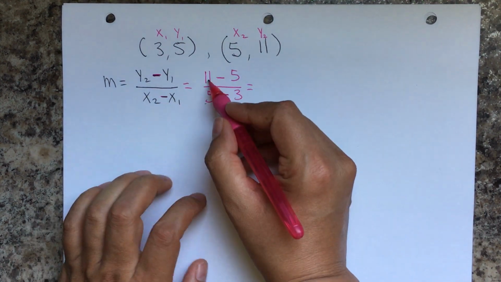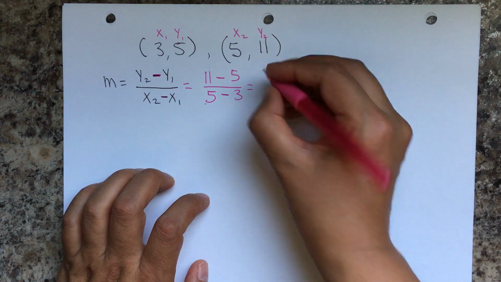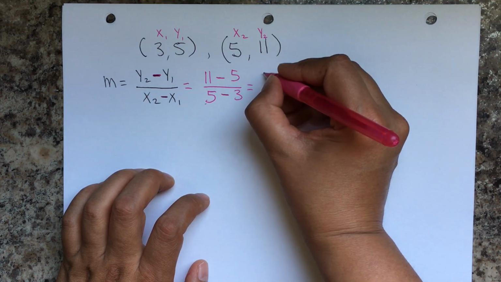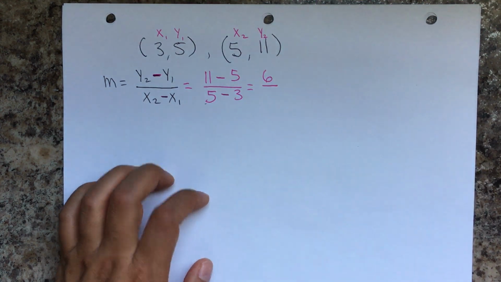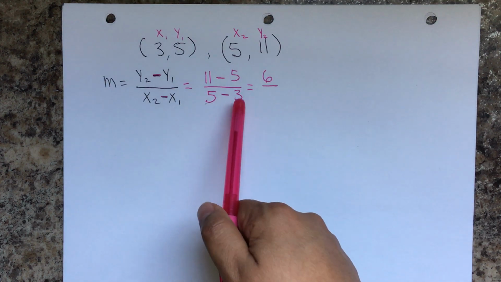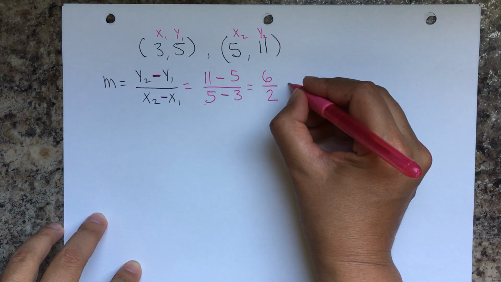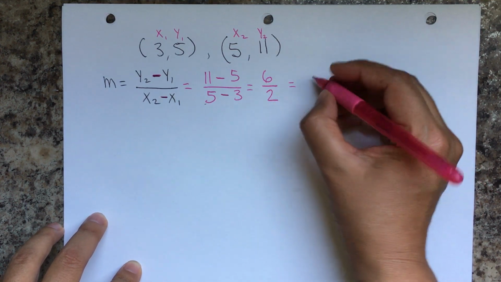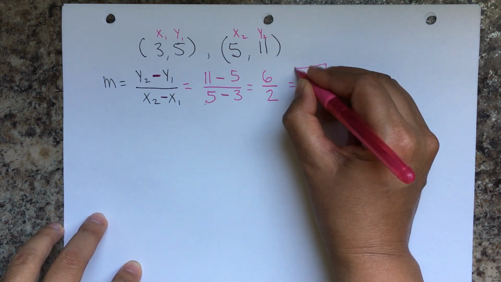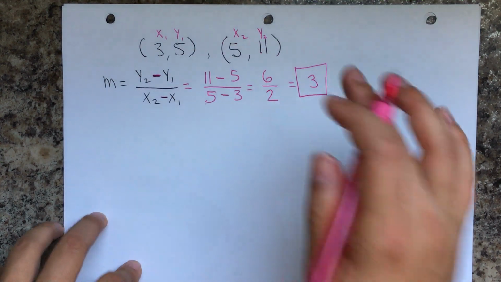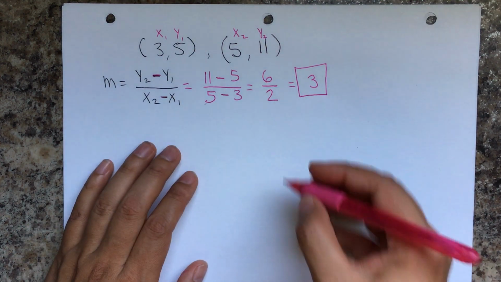And so we have 11 minus 5, that's going to be 6, over 5 minus 3, that's going to be 2. And if we simplify, 6 divided by 2 is going to be 3. So this is my slope for these 2 points. Now if I was to graph